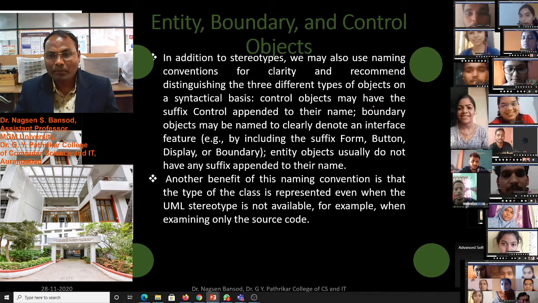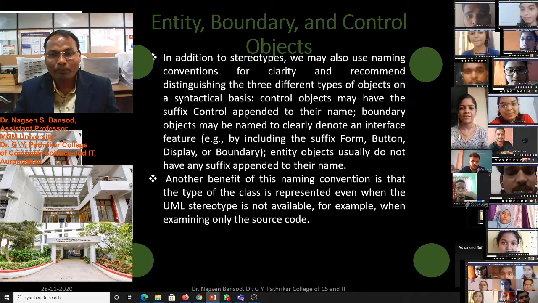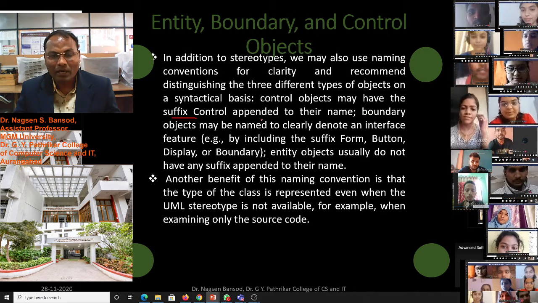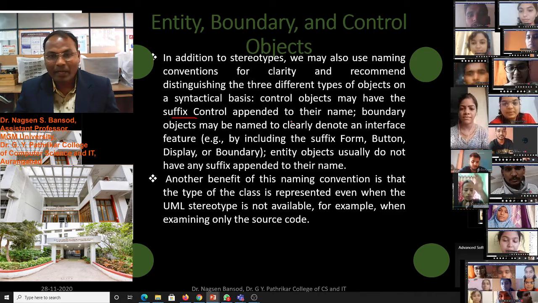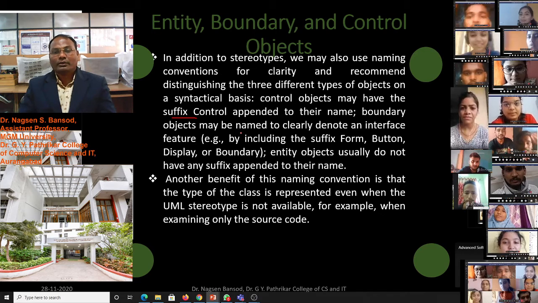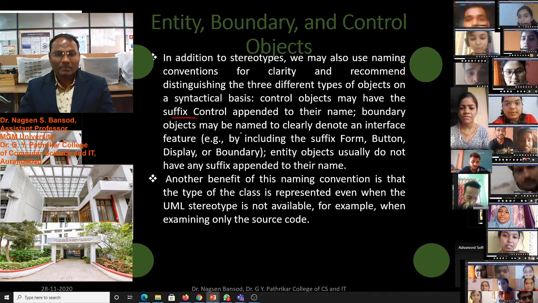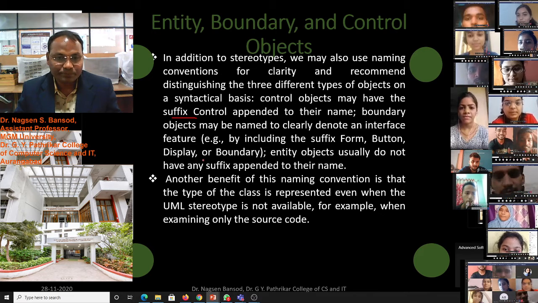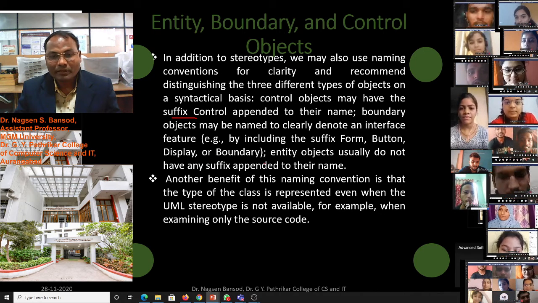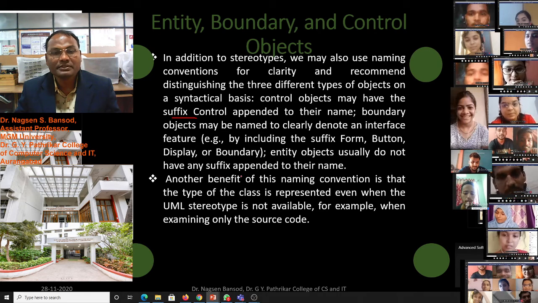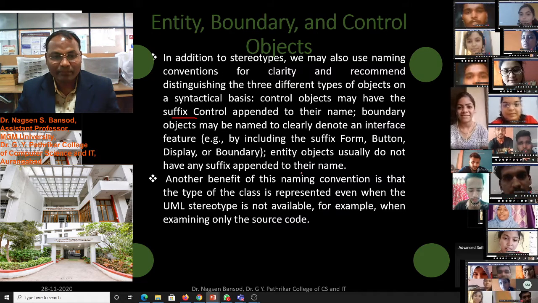Control objects may have the suffix control appended to their name, and boundary objects may be named to clearly denote an interface feature, for example including the suffix button or display. Entity objects usually do not have any suffix appended to their name.